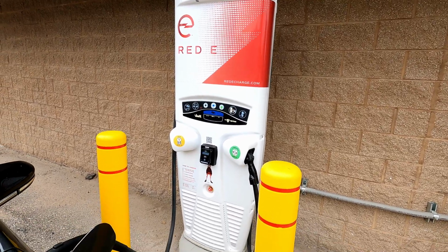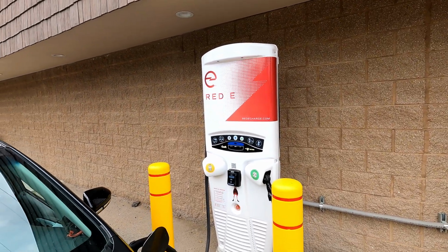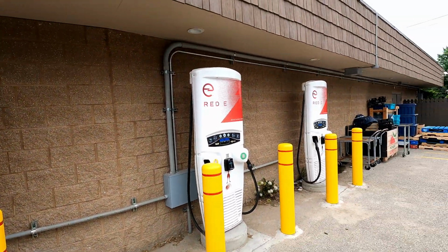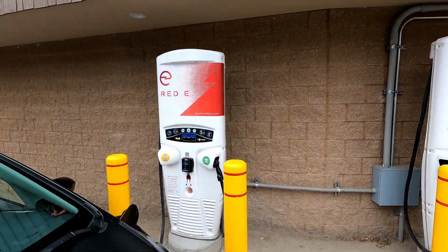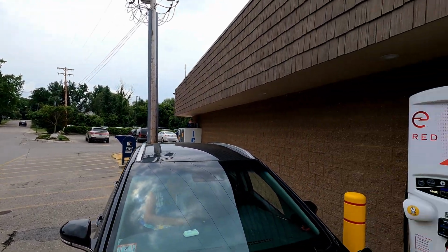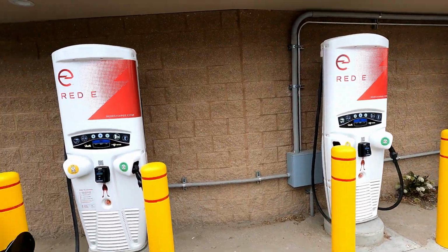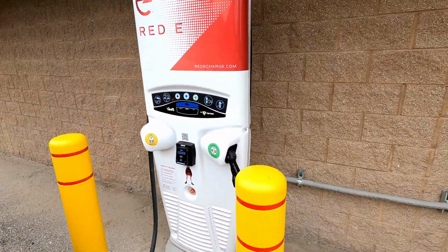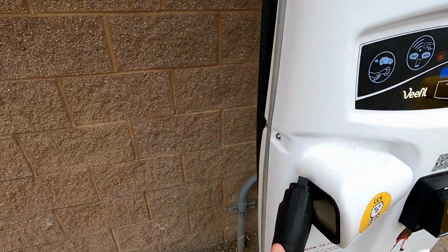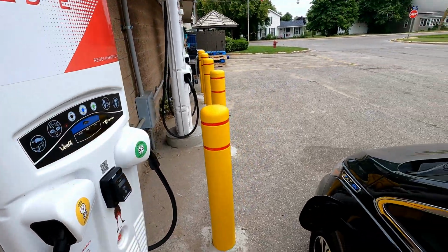And I'm sure we could call customer service and get this started if we were in dire need, but we're only 30 miles from the destination. Just wanted to try this, but not at all impressed with this particular location. The only good thing is it's way out round back, so you're not in the way of anything. It's not going to be iced, but if you can't get it started and it's a faff, what's the point in having them? So, thumbs down for this one, but you know, this is all a learning curve and early adopter stuff, so